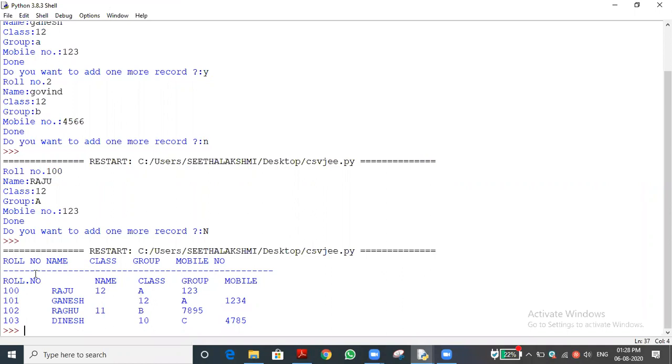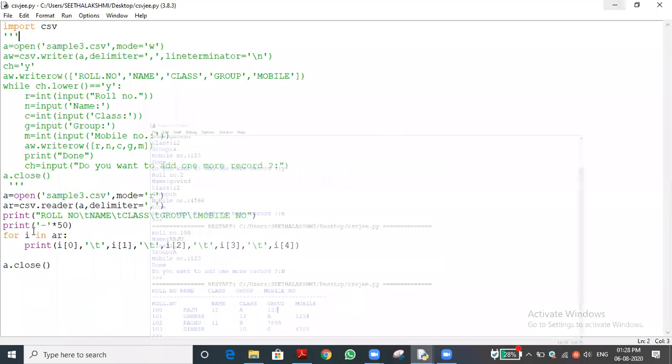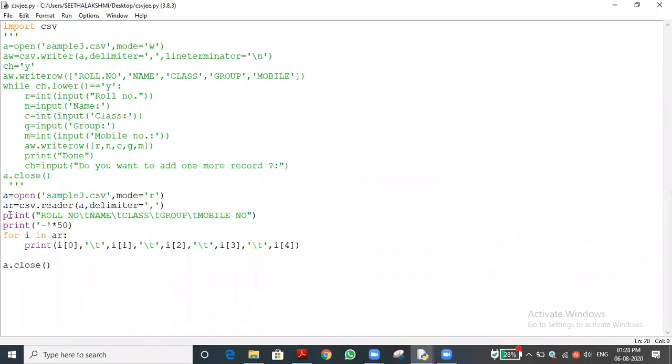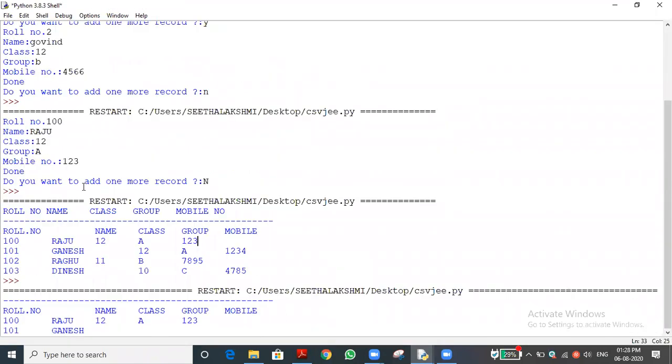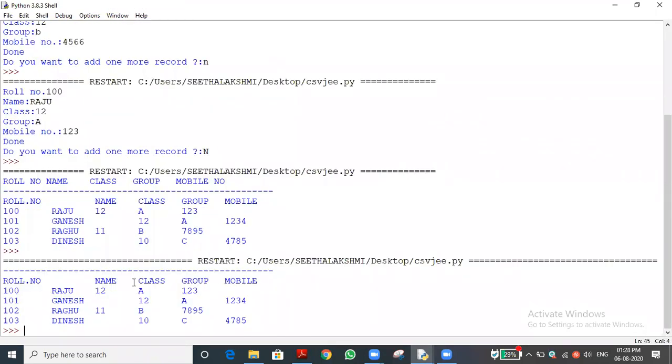Could you able to see the output? Roll number, name, class. Again, second time also. Why is it printing the second time? Can you understand? Because it is a title. The program itself, you gave one time, sir. Yeah, that's what. Let me avoid this. Okay, now we made it a comment line. Now it is somewhat okay. You can see this, but the alignment alone we need to concentrate on. If you give one \t, it seems to be fine. Okay, that's all.